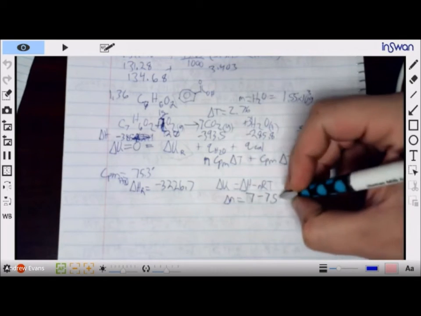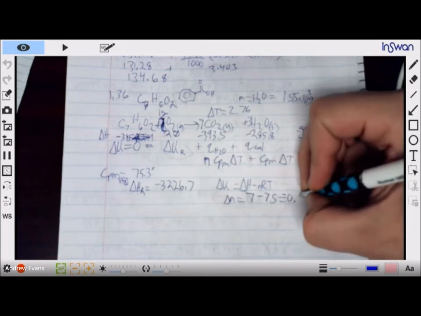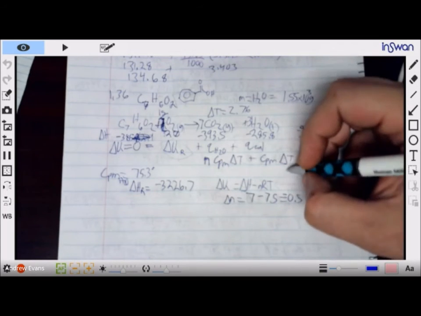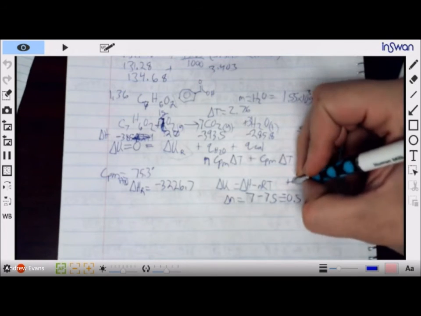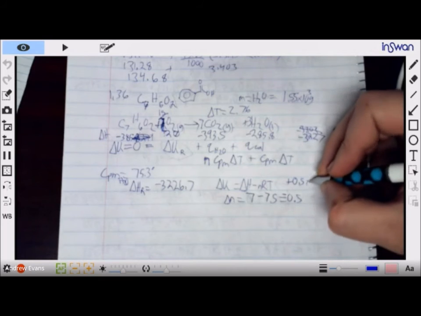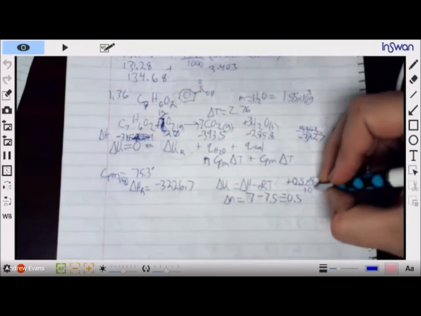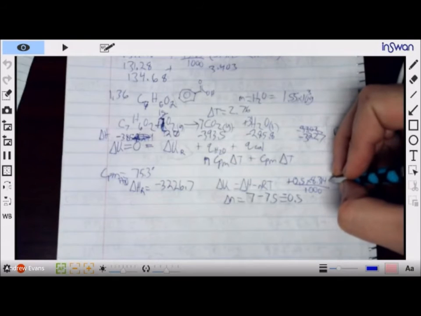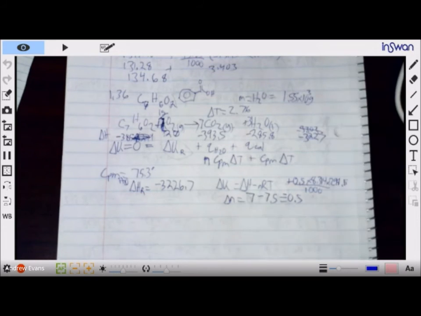So 15 halves is 7.5, and our change is negative 0.5 moles. So you're subtracting a negative, which adds a positive: 0.5 times 8.314 over a thousand. And since we're doing this at essentially 298 Kelvin, our delta U